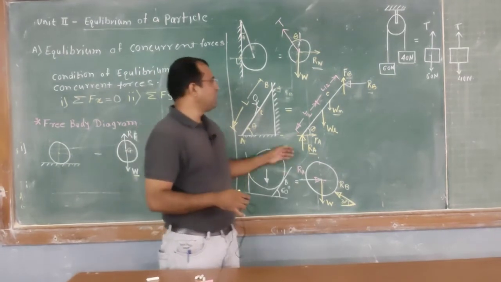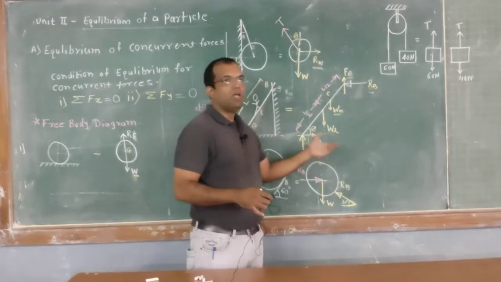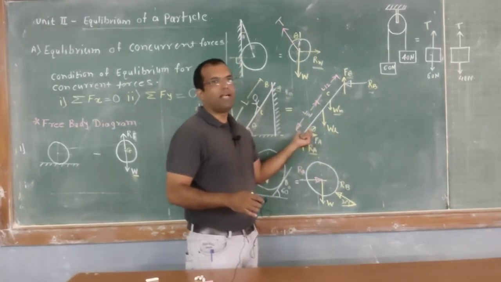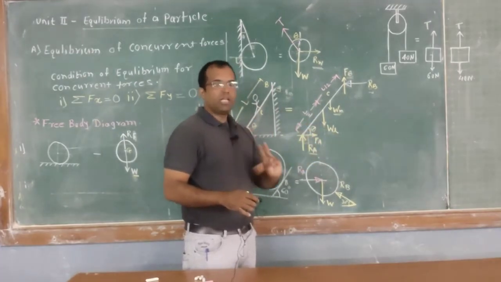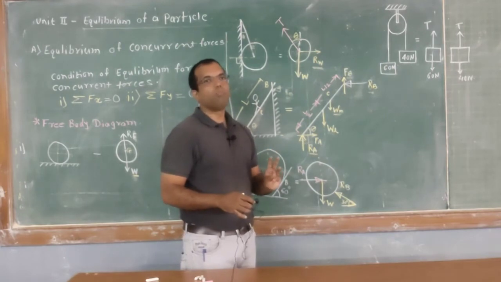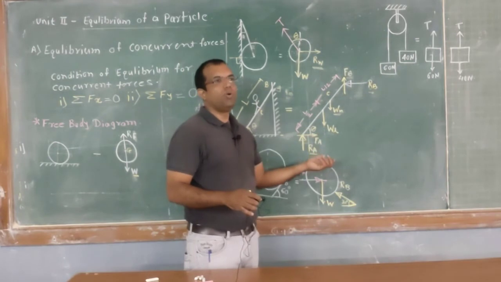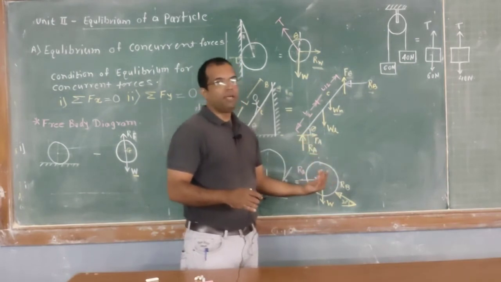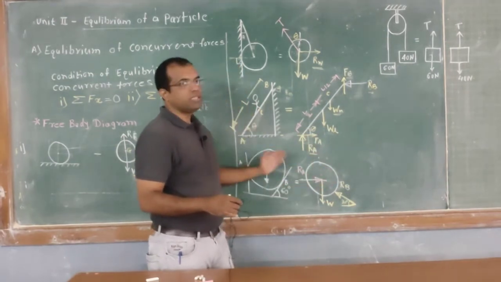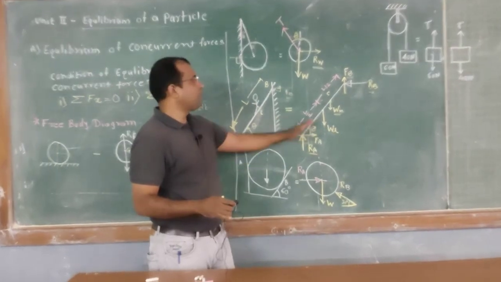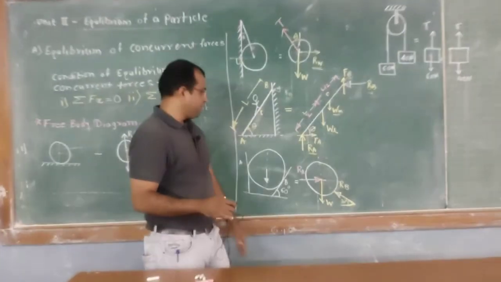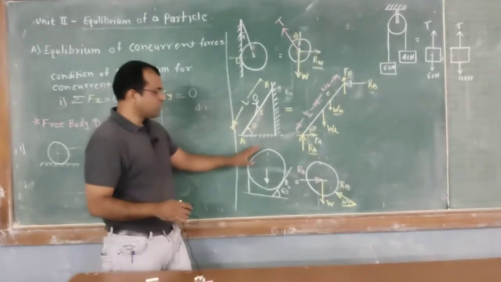This is one of the examples of a non-concurrent force system. So while solving the problems of a ladder, we require the third equation also, that is the summation of moment. About any point you have to take moments and equate it to 0. This is the third condition of equilibrium. Okay, so understood this, how I have drawn the free body diagram of this ladder. Now come towards the next